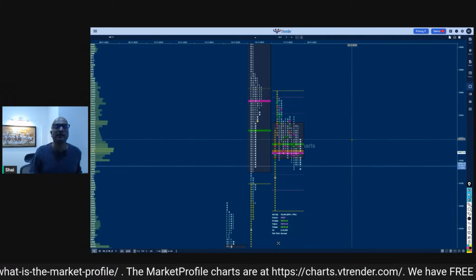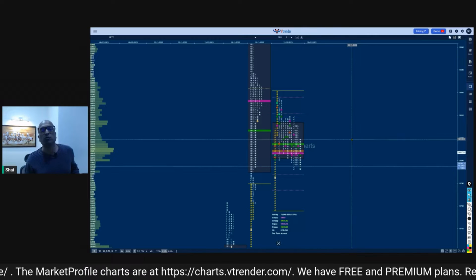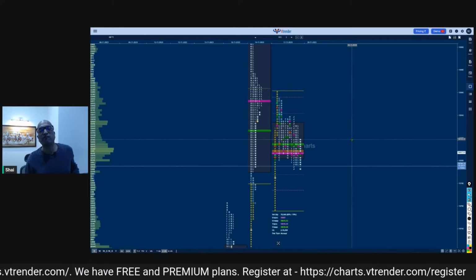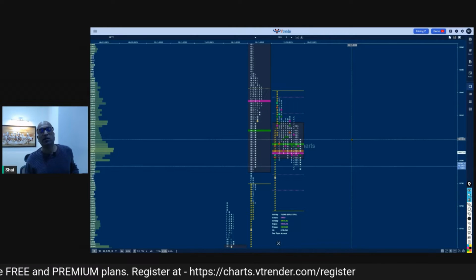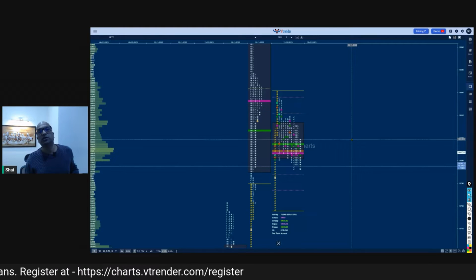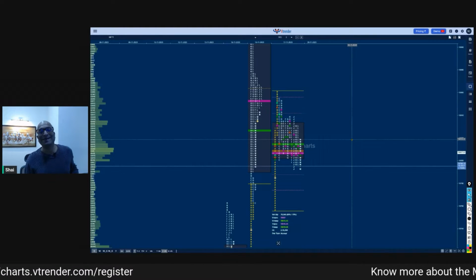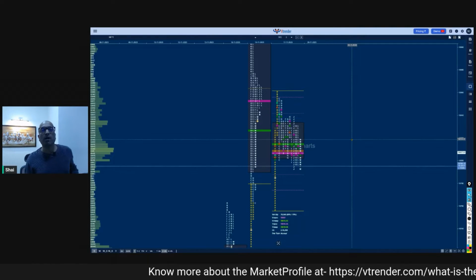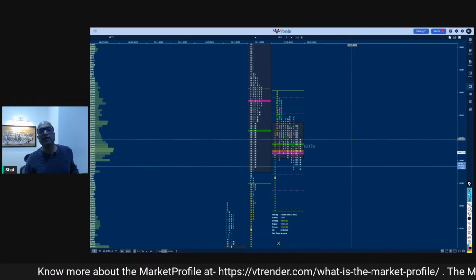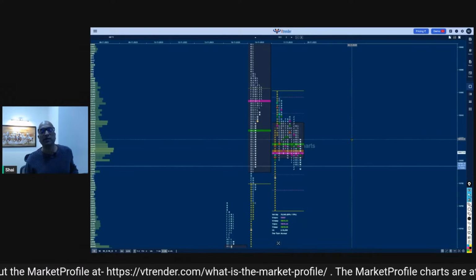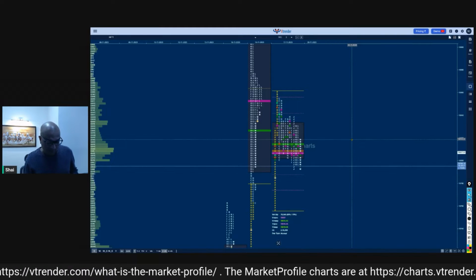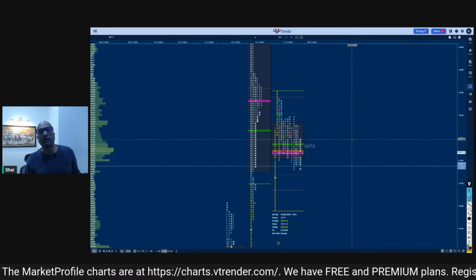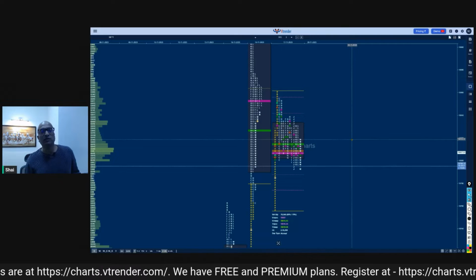And as I've been pointing out, it's a very big market today, 50,000 crores daily. And that's daily in premium turnover every single day. That's the size of this market. And there is a lot of information coming to us in this market every single day. So our effort over here would be to find out what the market wants to tell us. And every single day, the information the market is giving to us is going to be different. And we're going to be making the absolute best attempt to find out what the market is telling us at any point in time. So I basically work with the market profile.